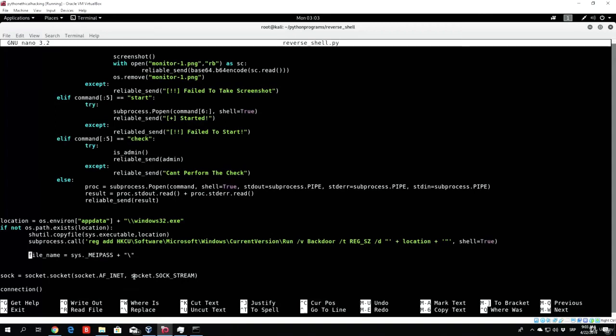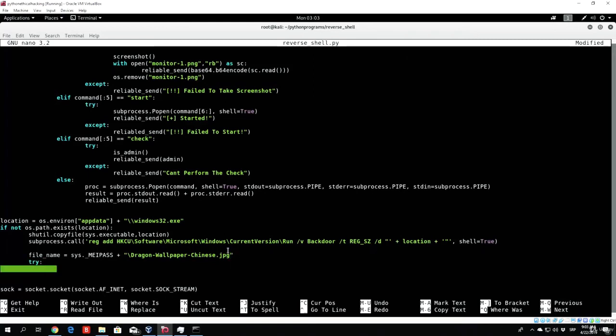So use your JPEG image, paste it right here. We can see right now we have the full path, and all I want to do right now is try to open this path with subprocess.Popen. We want to use the subprocess library so we can continue executing our code even after the image is opened. We want to open the program, or in our case the image, at the location of file name,